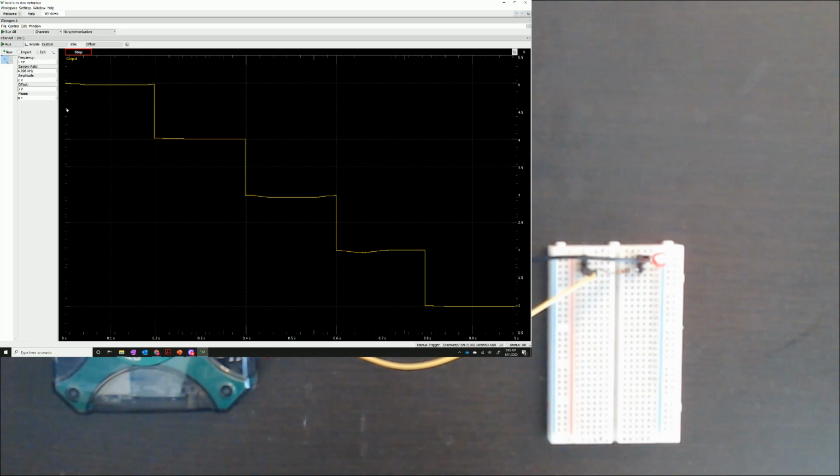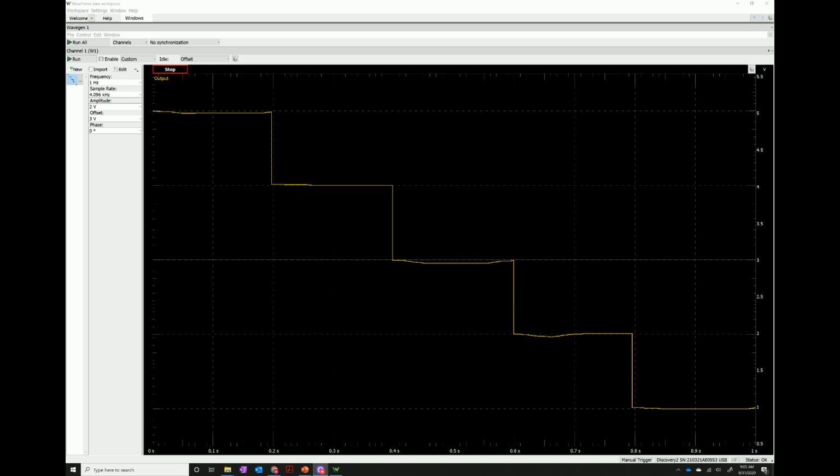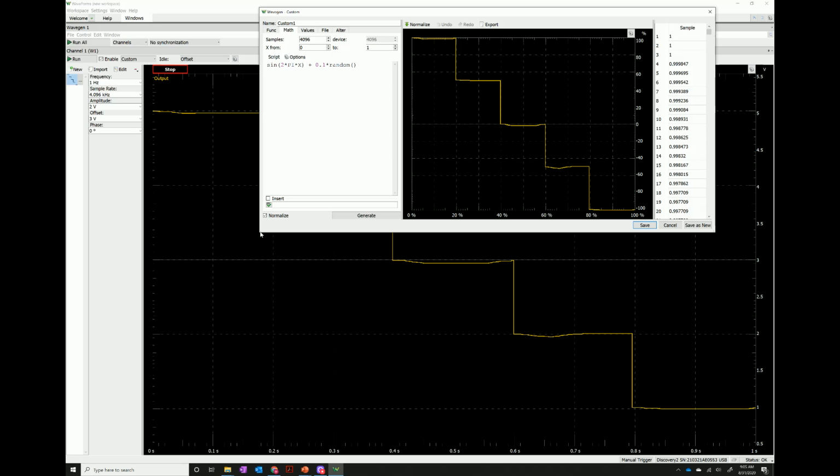Now, drawing our custom waveform is great for getting a loose representation of the waveform of interest, but we usually want a more accurate representation. One way to do this is in our math operation, where we actually define the equation. So let's edit our waveform